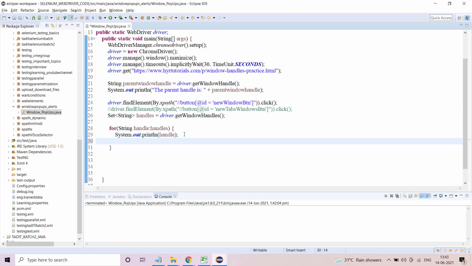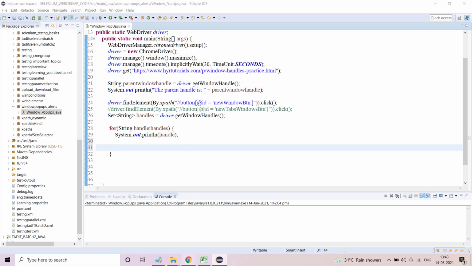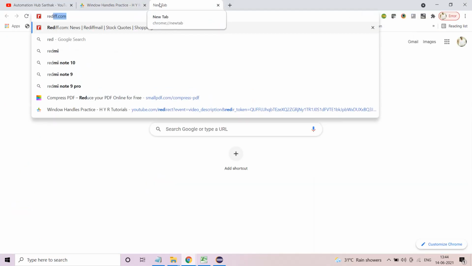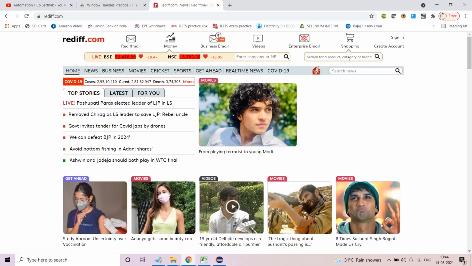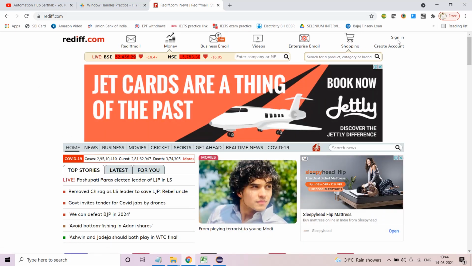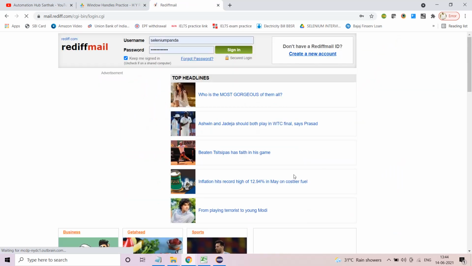You must have heard about the method navigate. That happens when, for example, if I open rediff.com, I'm showing you this because, see, now you're on this page, you click on the sign in link, it redirects you to another page.